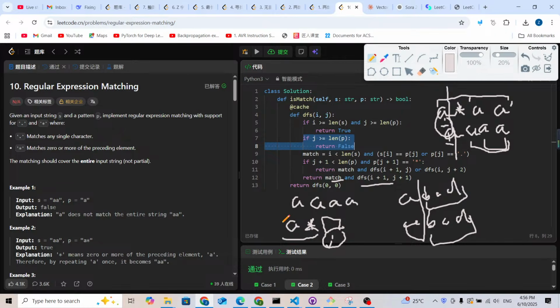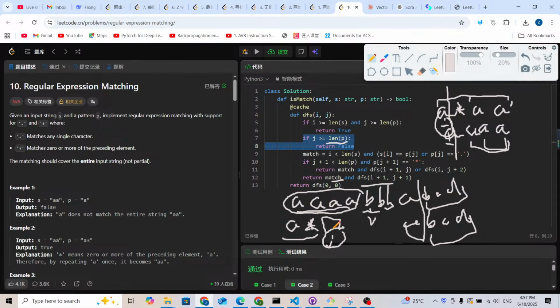Yeah, let me find some other examples. Maybe like this pattern, like there's 4a and 3b. Definitely this a star can mean 4a. Yeah, but what happens after those 4a's, what's going to be the position of j? So j will go out of the range. Yeah, j goes out of the range, but I is still here. This is I at this position b. So this means definitely it is not a match. So this is the case if j goes out of the pattern, out of the range,